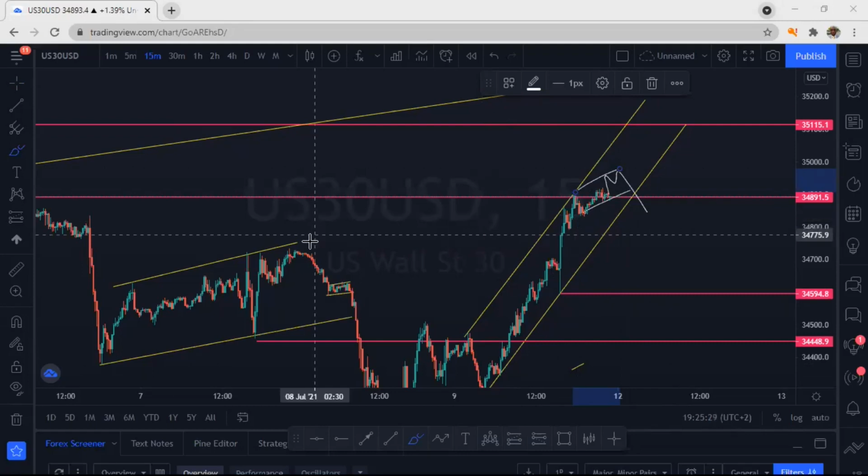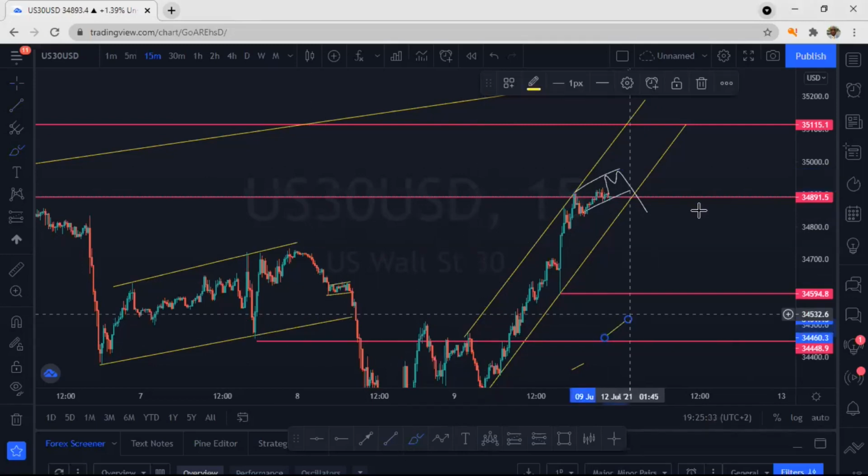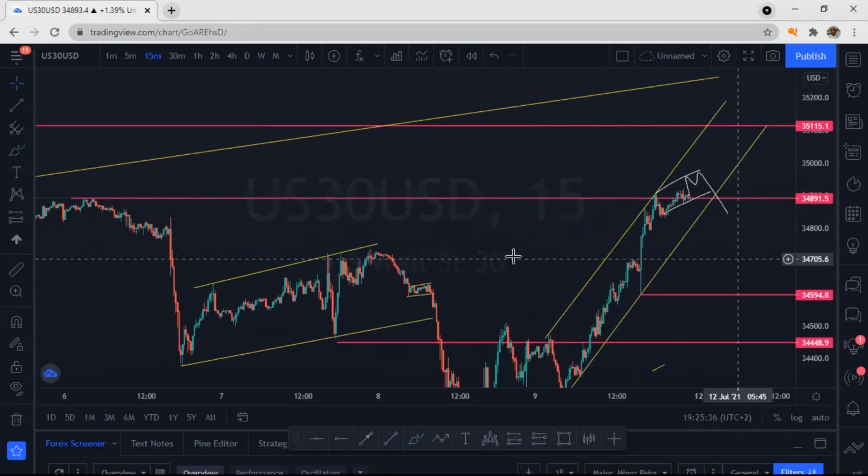The market will come and create the double bottom. We know that. The market will come and create the double top, sometimes triple top. We know that the market will do that. Definitely it will do. It's something that has been happening all over again for the past 30 years. The market has been doing the same thing. These are technical analysis. Yes.